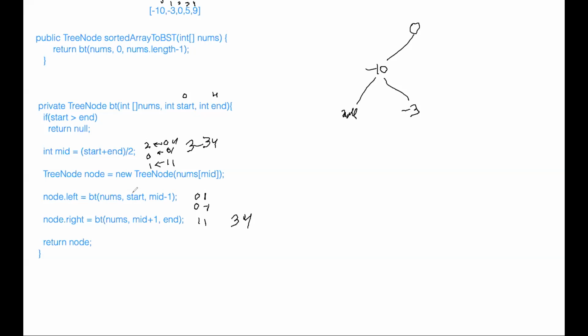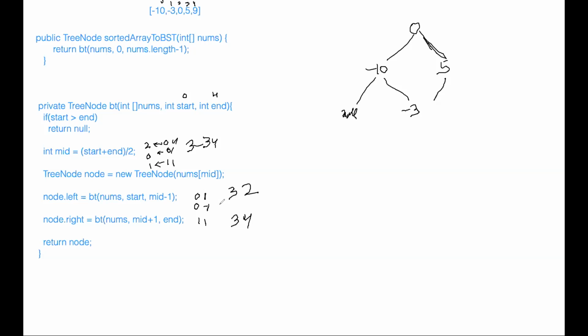So as we are constructing the right side of this particular part, from mid, nums of 3 is 5. So we got a 5 here. Yeah, so likewise we can go further. Now again we have to calculate the left part of this 5, so we are going this way in the recursion. So what was our start? Start was 3. Mid was 3. So mid minus 1, which is 2.